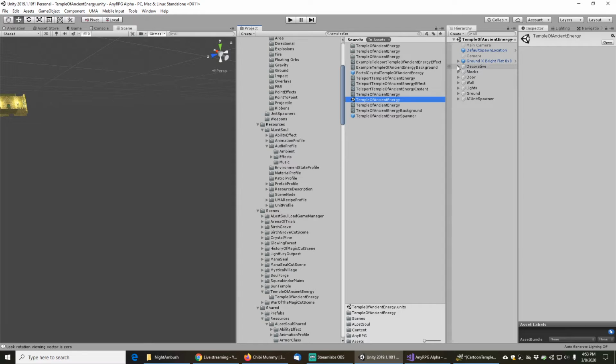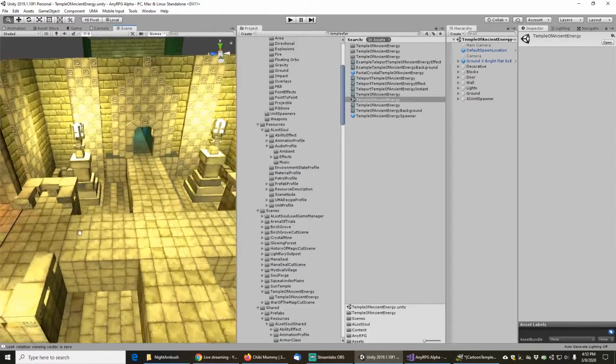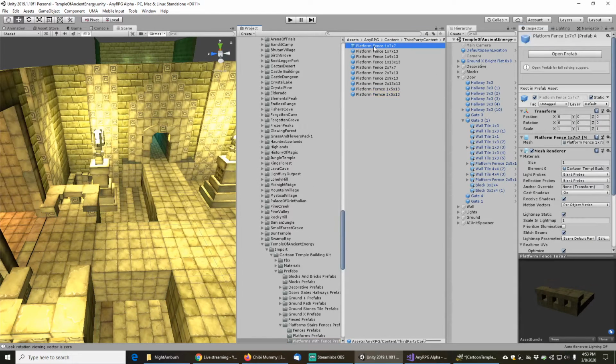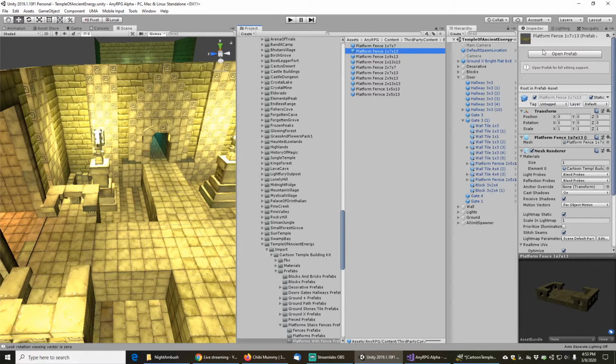So we'll go to the Temple of Ancient Energy, and it's this stuff in here basically that doesn't have colliders on them. So let's go see what this is here. So this is like a platform ferns, and you can see it's got a renderer but no collider. I'm just going to select this, and basically what I want to do is add mesh colliders to like everything in here pretty much. Let's just open up the prefab and